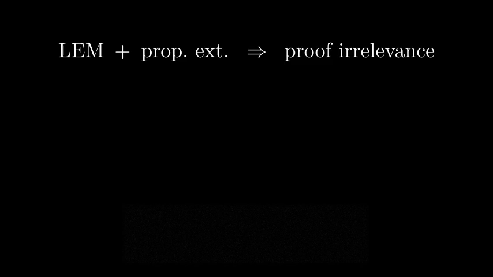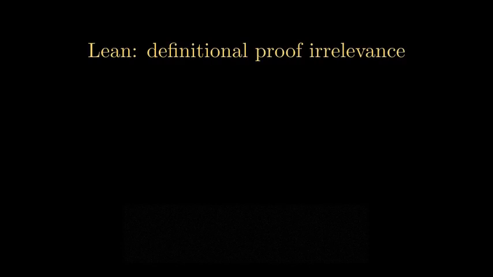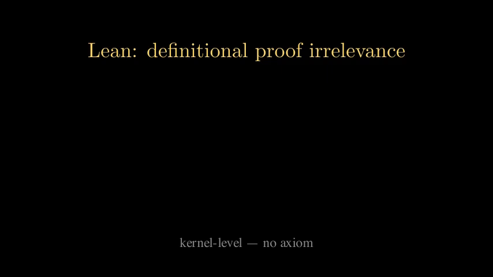In Rocq, this is still not built into definitional equality. Without extra principles, proof irrelevance is not a theorem of the kernel. Lean makes the stronger choice. In Lean, proof irrelevance is definitional. The kernel itself treats two proofs of the same Prop as the same term. No axiom needed. One concrete payoff: code extraction can erase every Prop-level term when it compiles your program. If which proof you held never mattered, the compiler can drop the proof entirely.